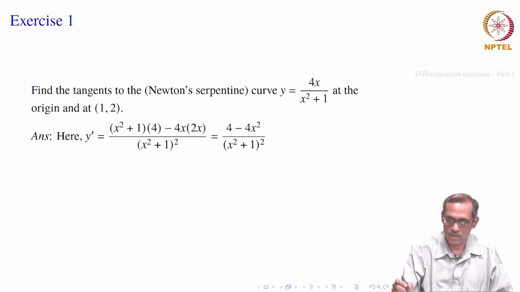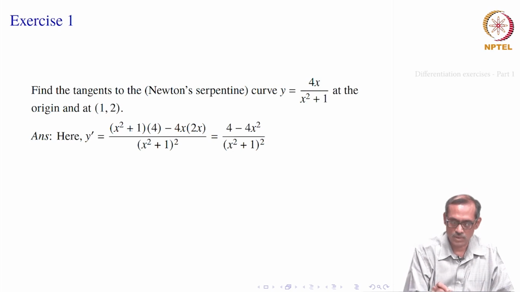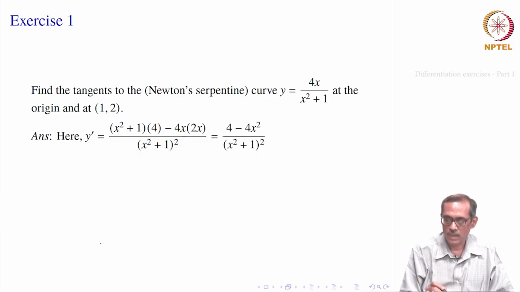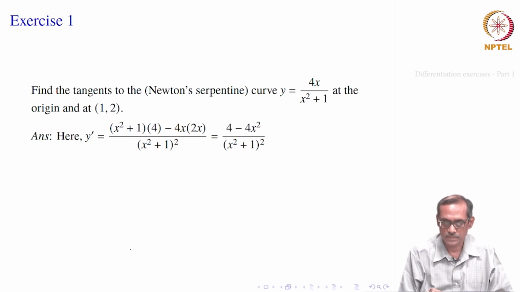Okay. So, for differentiation, y equal to 4x divided by x square plus 1 is in the form f of x divided by g of x. So, its derivative will be g x into f prime x minus f x into g prime x. So, g x is x square plus 1, it is x square plus 1 into derivative of 4x, which is 4, minus 4x times derivative of x square plus 1, which is 2x, that is on the numerator, and in the denominator we will have g x whole squared, which is x square plus 1 squared.